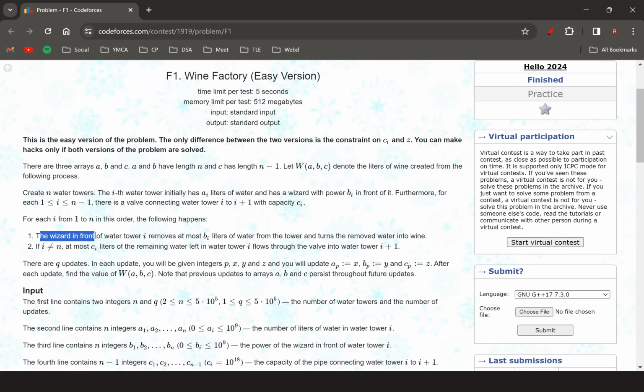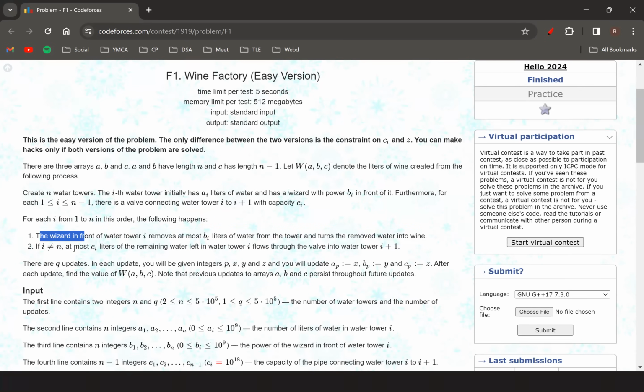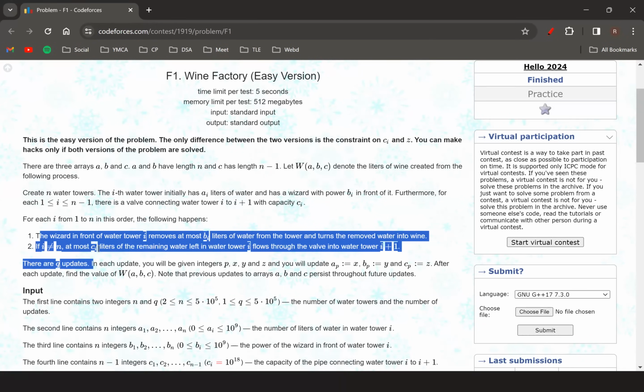The wizard in front of the water tower i removes at most bi liters of water from the tower and turns the removed water into wine. And in case i is not equal to 1, like for all the water towers except the last one,